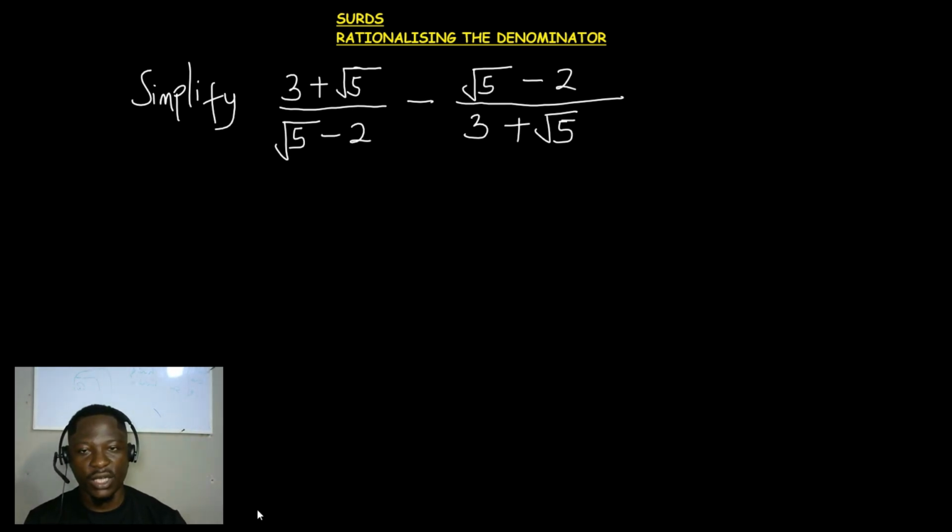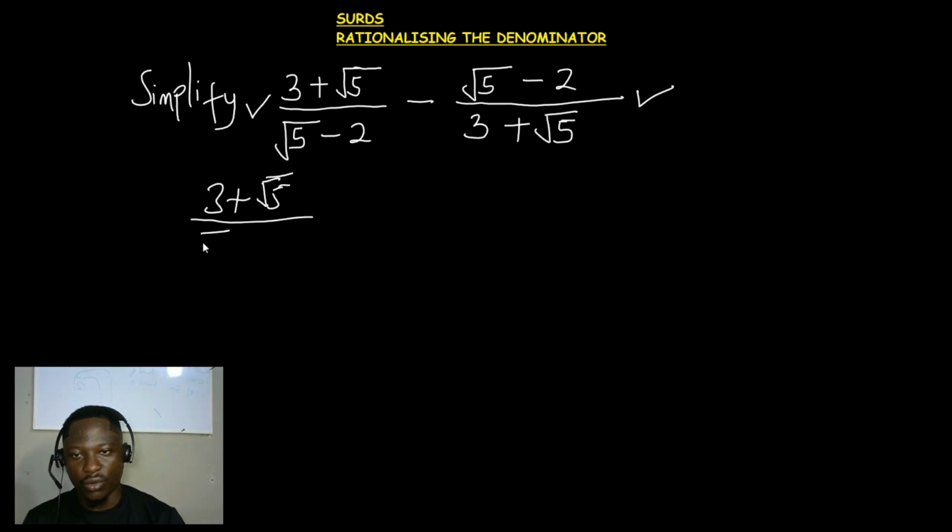Now, to solve a question like this, it's better to solve each part before you subtract. So it's better we rationalize this part, and then after you have the answer, we come and subtract this side also. First of all, we are going to rationalize this side. When we are done, we go and rationalize this side. So over here we have 3 plus root 5